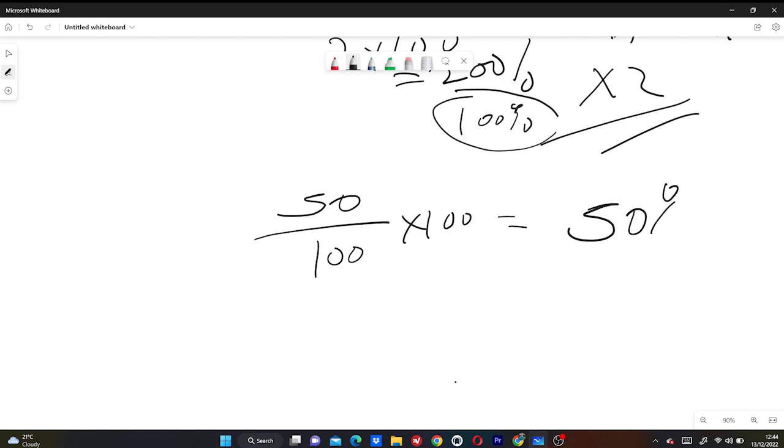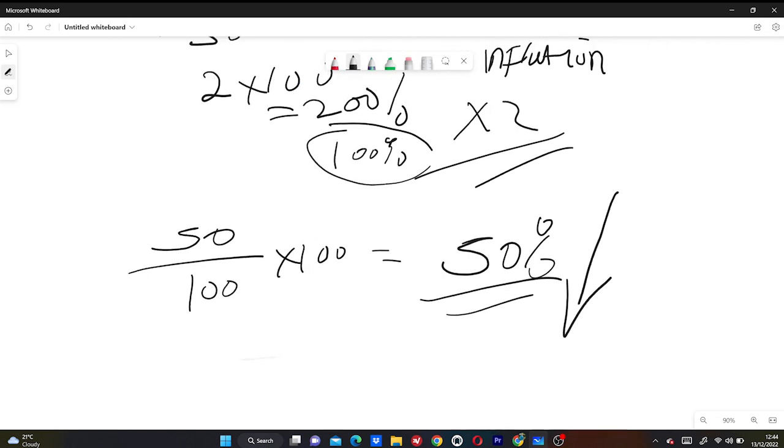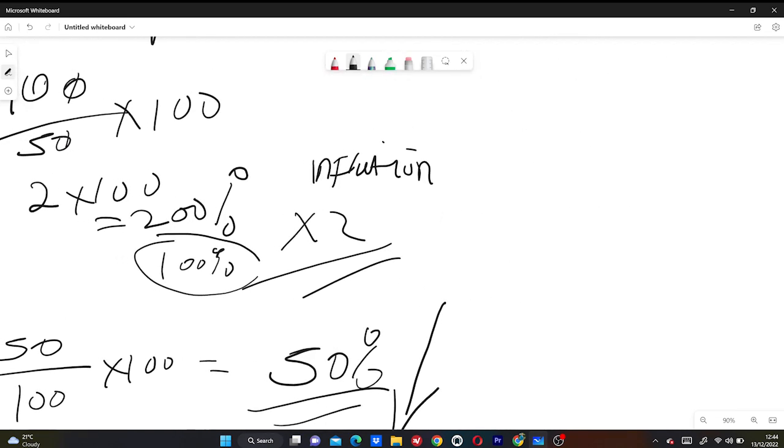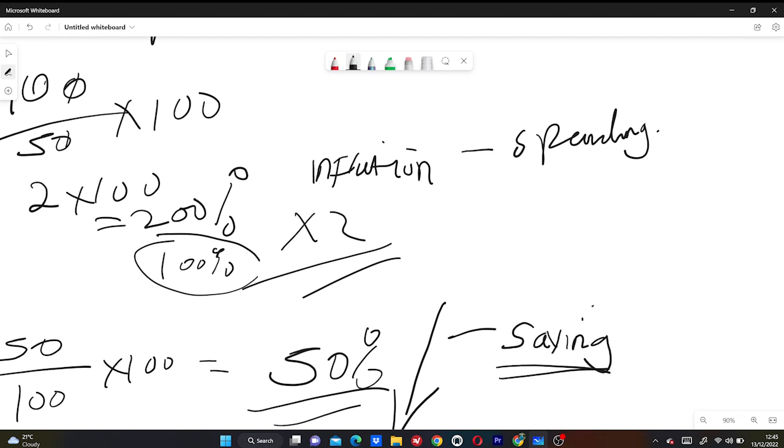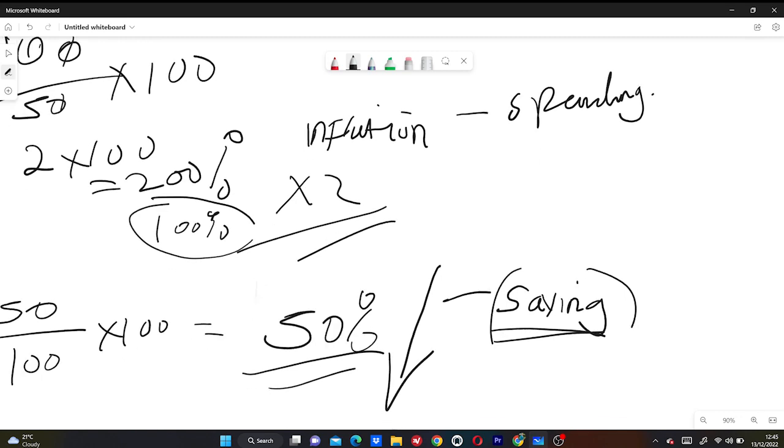So what has happened is that this inflation has actually reduced so much. And what can just cause this? There are differences that can just cause this. The reason we see people have high inflation is maybe because people are overspending, spending a lot. Here people are saving so much, or maybe they don't have money, or maybe the price is high in the market.